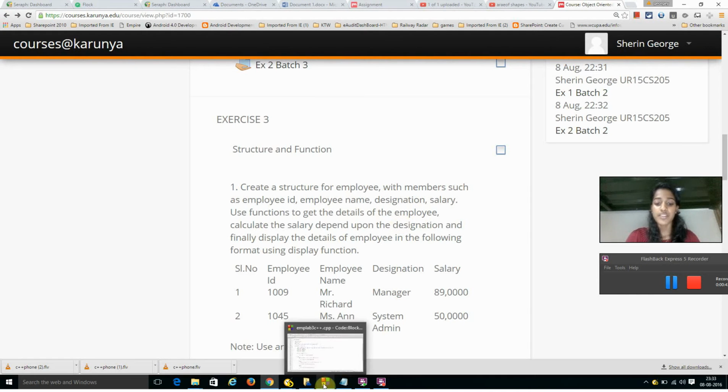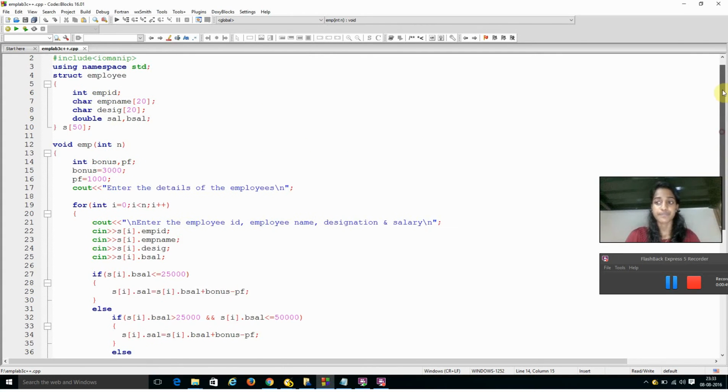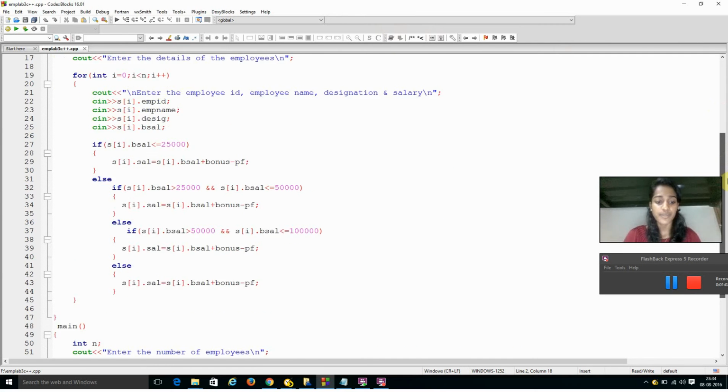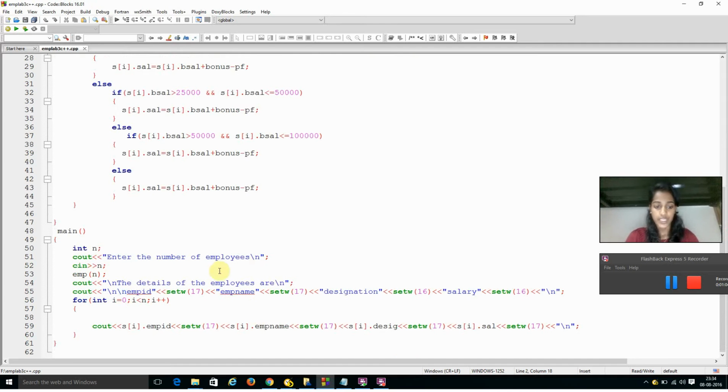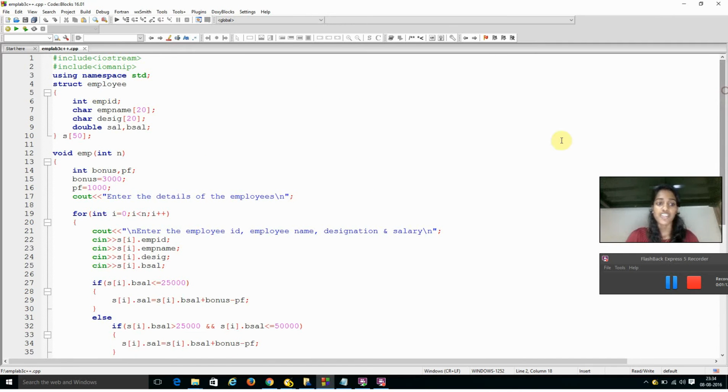So I've made a program here in Code::Blocks. Let us see if you understand it or not. So that's our program. You begin by including the header file and then the standard library file. You can see I've given #include <iomanip> here. I have given this because I've used the setw function below for the display purpose. So if I have to use the setw function, I have to declare the header file iomanip. For that purpose, I have declared #include <iomanip>.